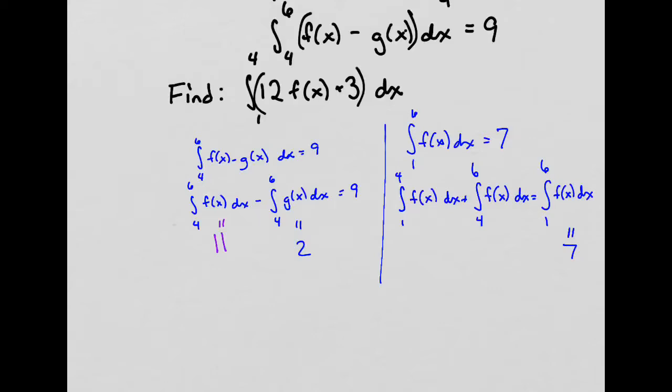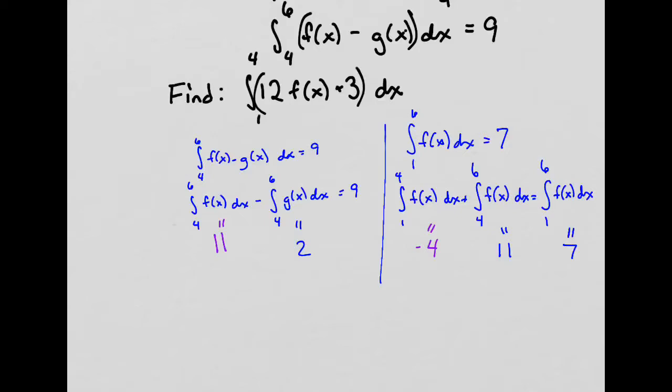We know from 4 to 6 it's 11. So what plus 11 gives you 7? And the answer to that would be -4. So the definite integral from 1 to 4 of f of x dx is